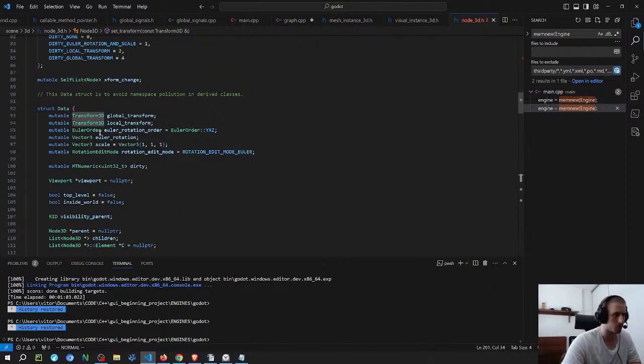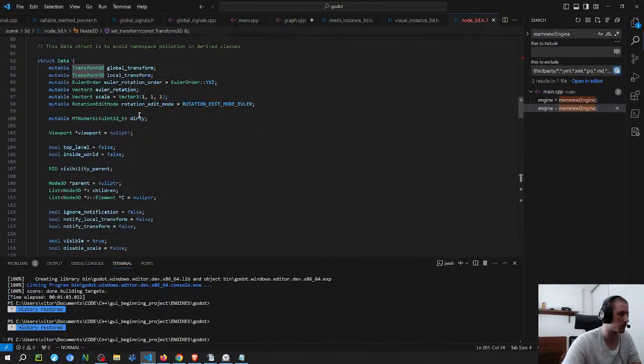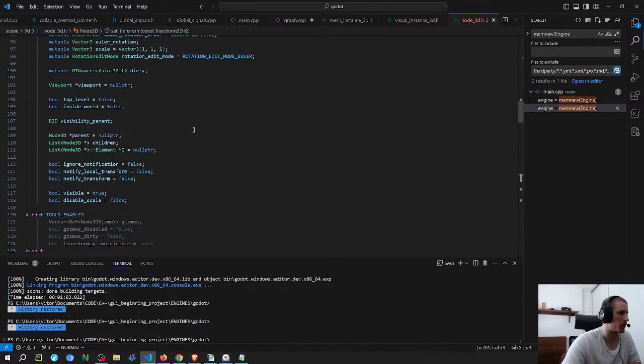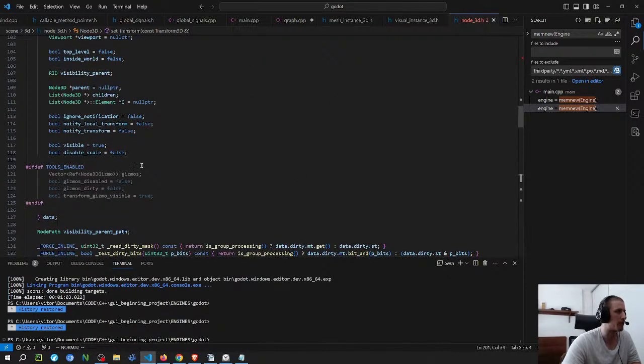But I don't know very well where the matrix is here and how everything works on the shaders, because I haven't looked into this shader code yet.